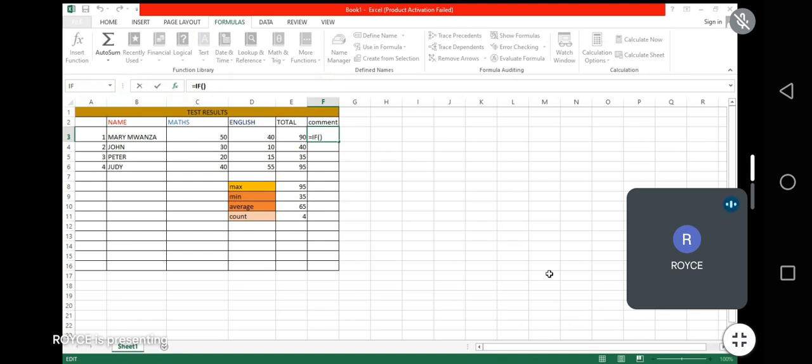All right. I think we can proceed now. So after we have selected the IF, we now have logical function arguments. Okay. So the logical test is basically our situation. In other words, that's the easiest way I can put it. Our situation. So in this case, we have